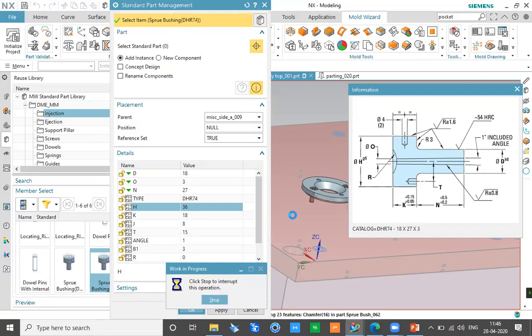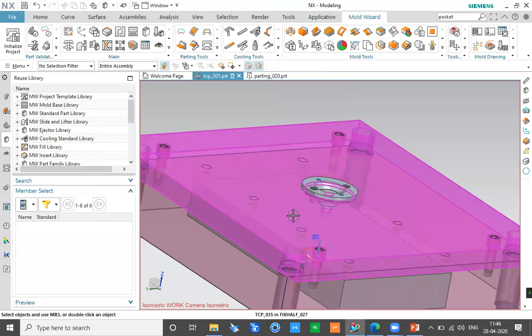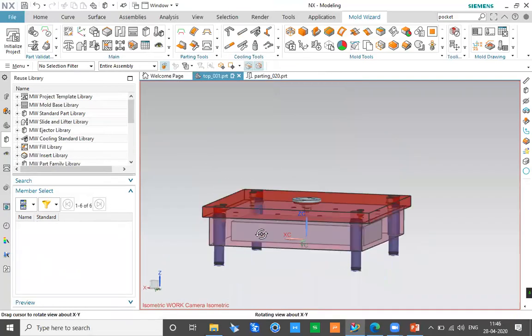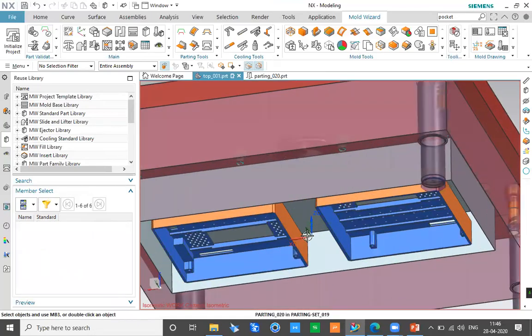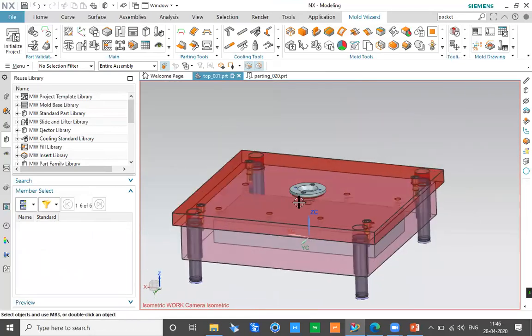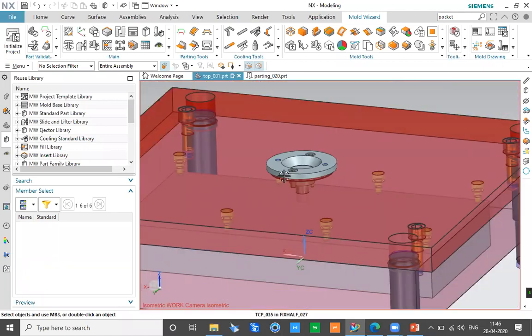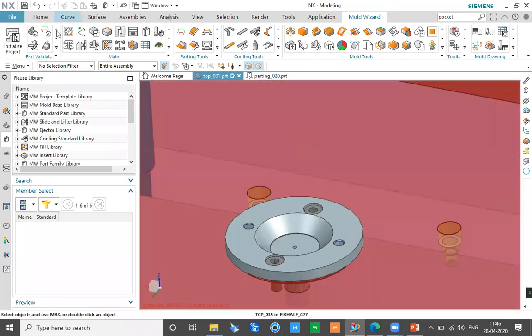Now the basic part about the screw bush is that the length of the screw bush needs to be defined properly. For example, you can see the length is not enough. I want the length to come up to this origin over here, but the length is right now not enough for this particular screw bush. So what I can do is I can check the length. I can take some measurements over here.